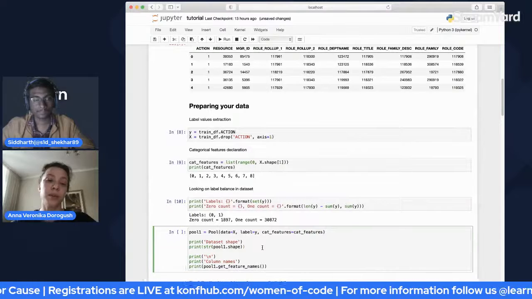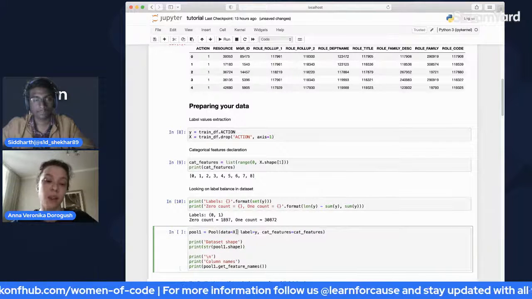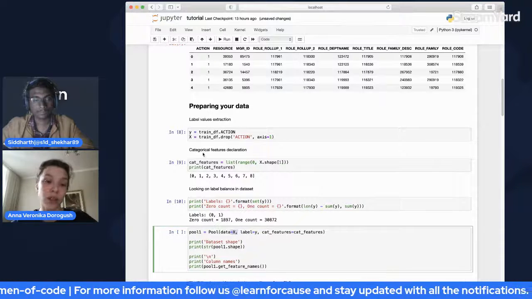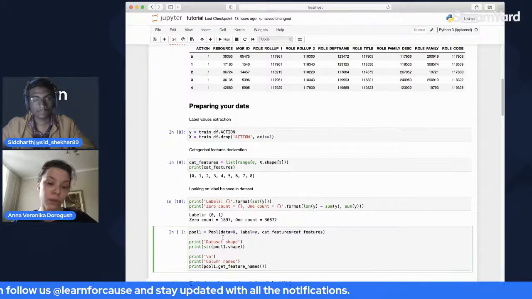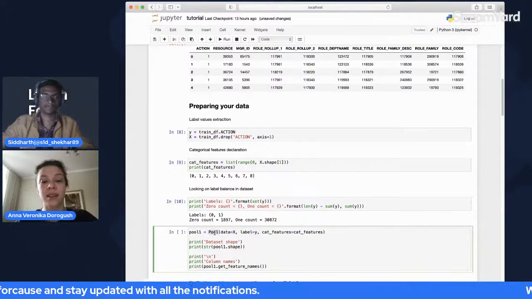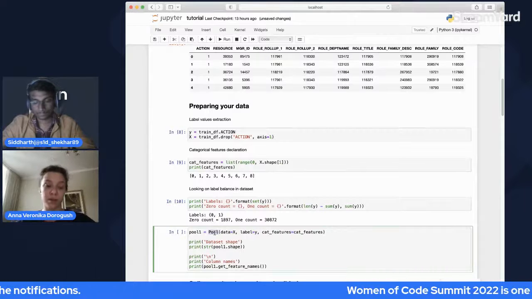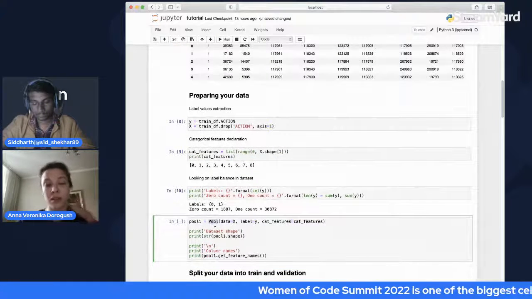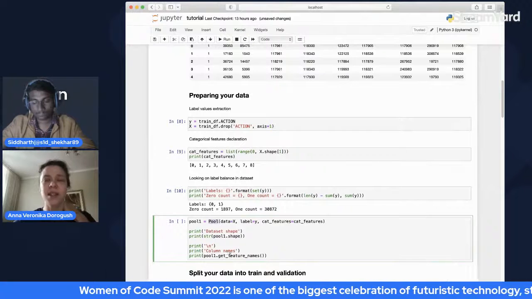Now, we can work with the dataset as X and Y. So just use X and Y. It's a possibility. But we also can create an object called a pool and work with the pool object. The pool object has a bunch of syntactic sugar.